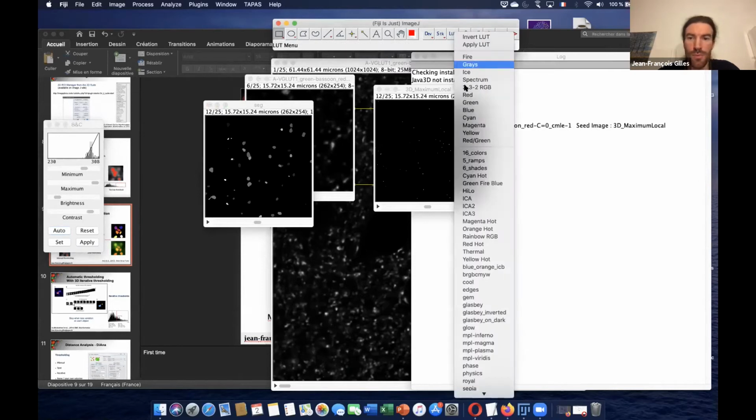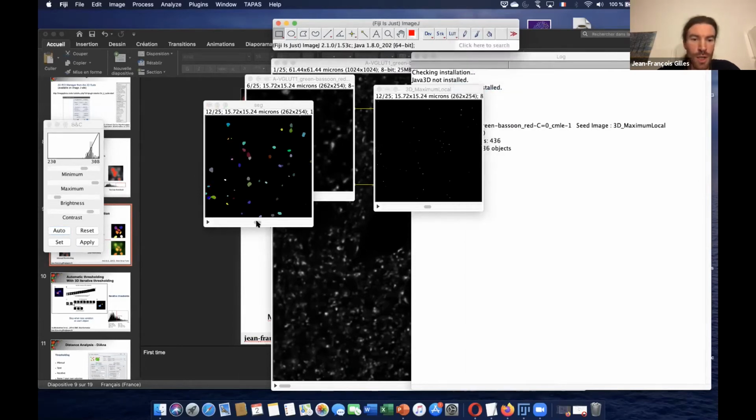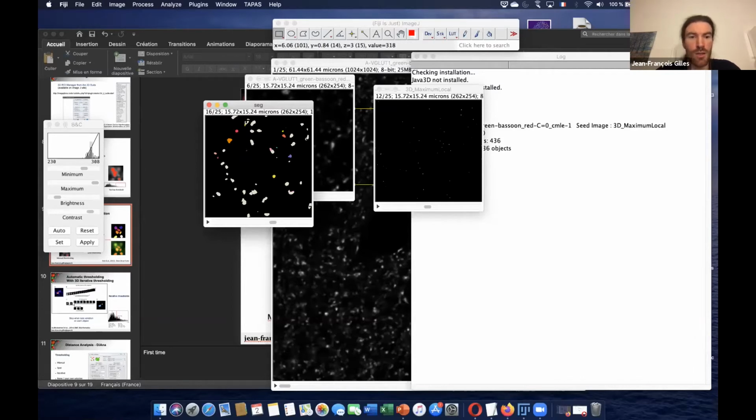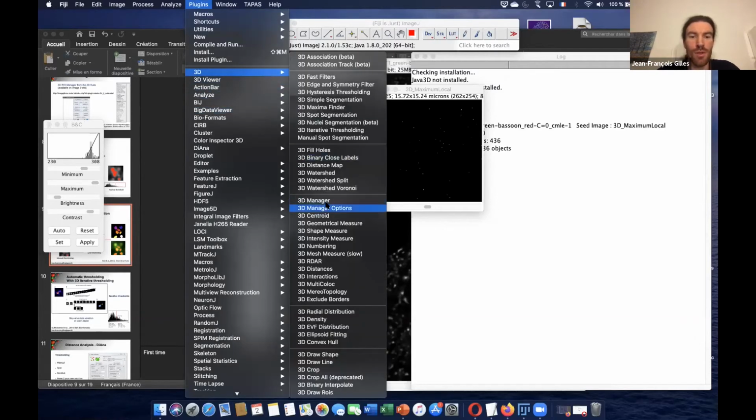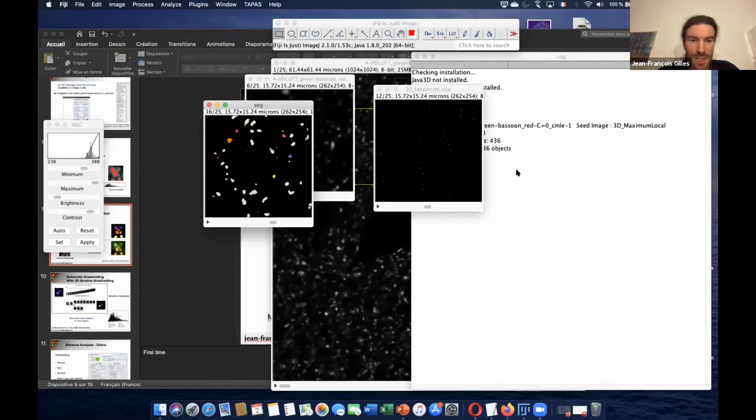I can apply some color, and you can see there are many objects within it, and each one has a value. And we can put it in the 3D Manager. Spot segmentation is great for small objects that are mostly spherical.